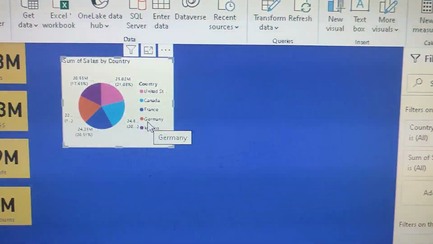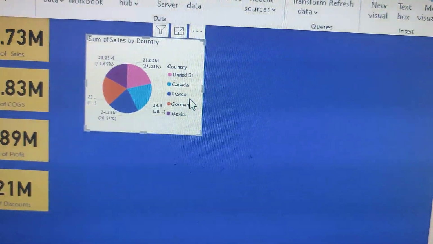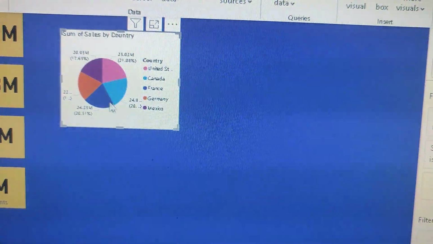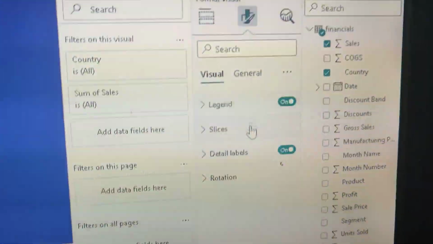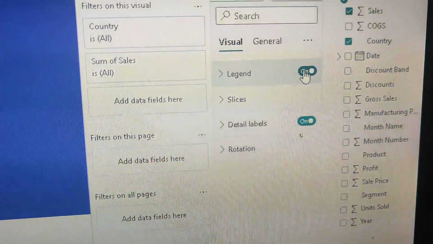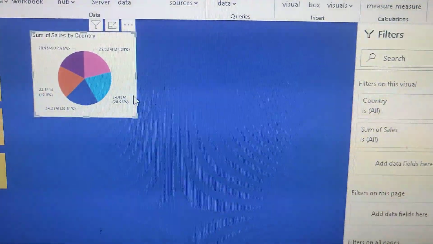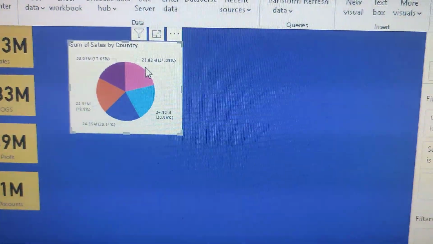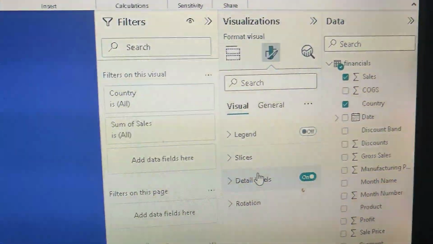One thing I can do in this particular chart, I don't want to see this legend here. This legend is occupying extra space on my chart. So what I can do, I can come back to my format, go to the legend and put it off. As soon as I put it off, you see the legend goes off. But now if it goes off, I won't know which color is which country. So what I can do, I can go to this